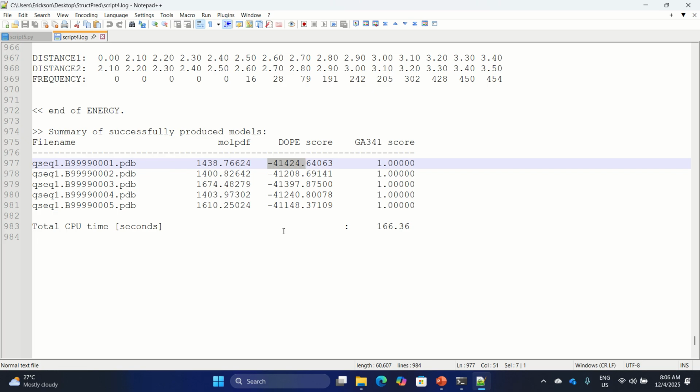So that means QSEC1, this PDB file is what we need in script 5. So in script 5, nakita nyo sa script 4 pa lang, nagkaroon na tayo ng PDB file. Yung script 5, ang gagawin lang niya is konting modification na lang doon sa PDB file.